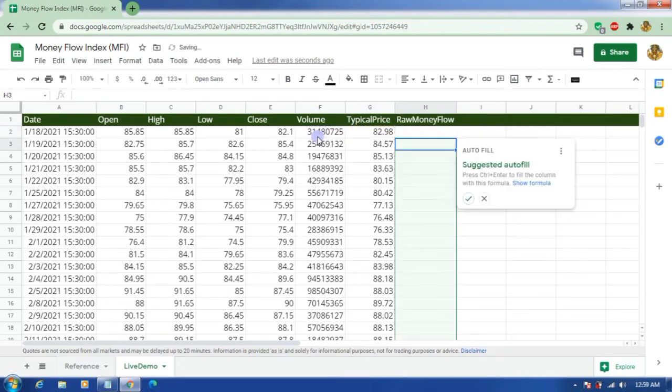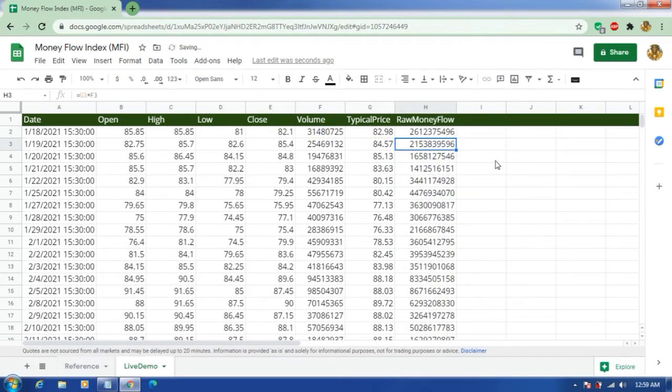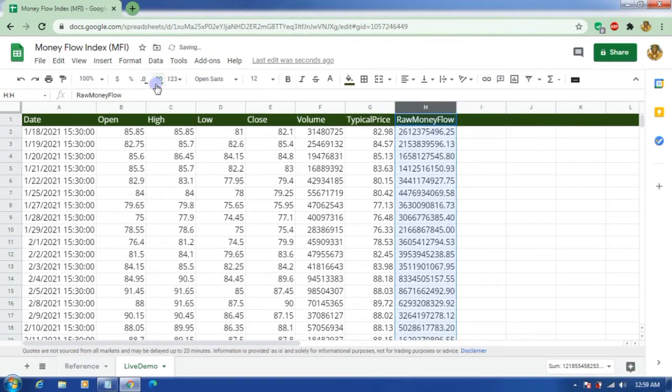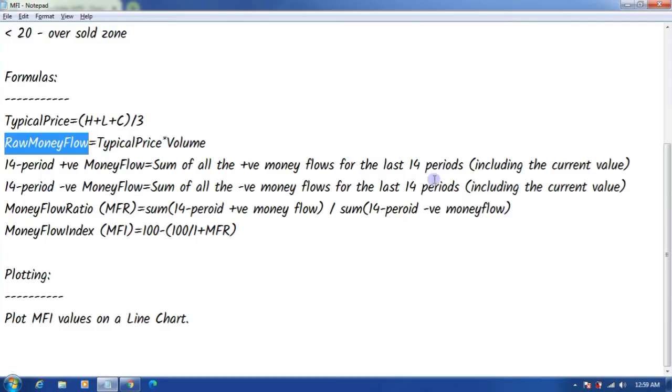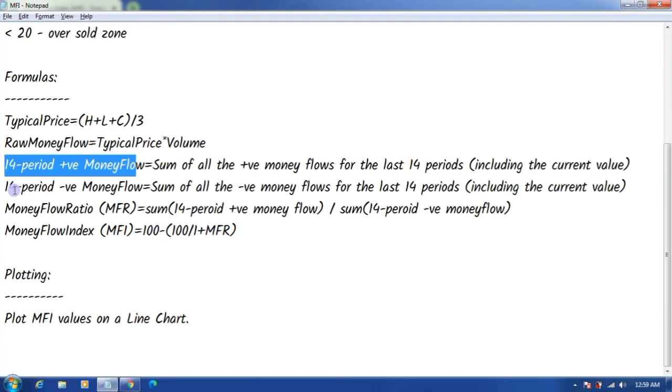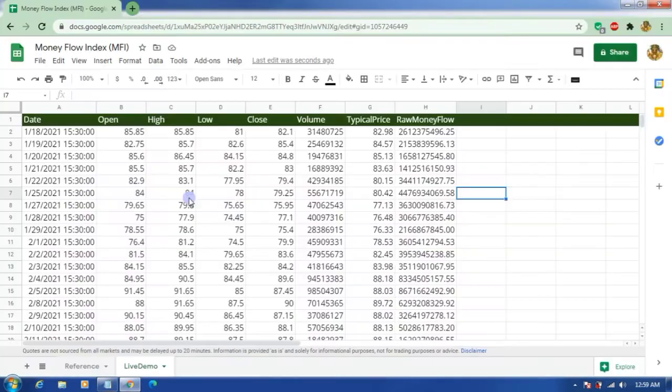Hit enter, you will get autofill session. Select OK and select this column on the top and decrease the decimal places to 2. We got the money flow. Then we will calculate 14 period positive money flow and 14 period negative money flow.